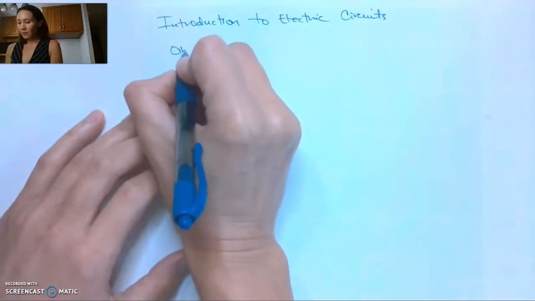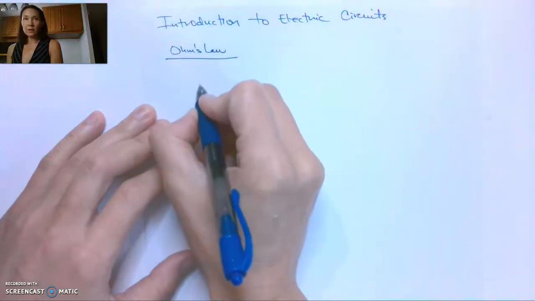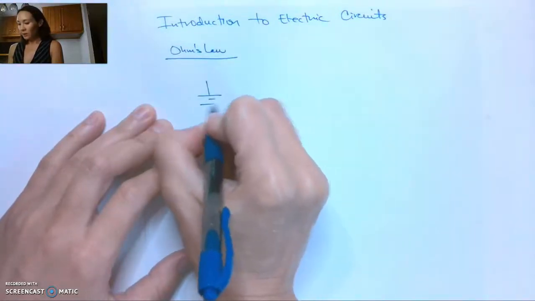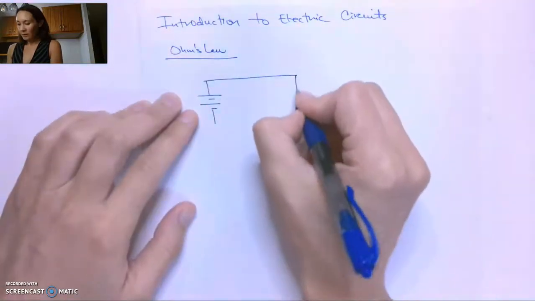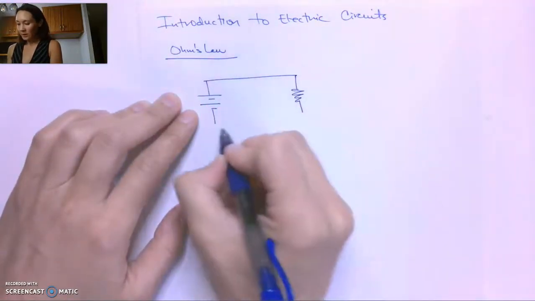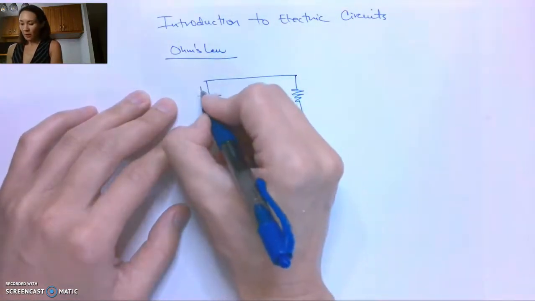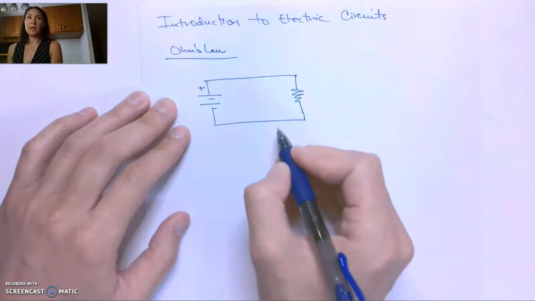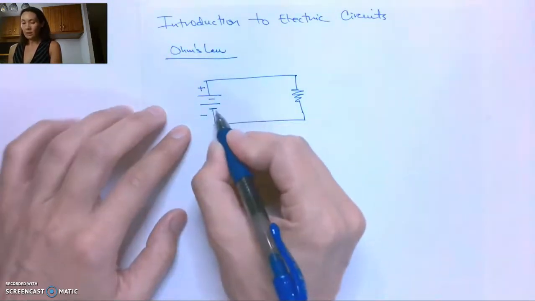Let's talk about Ohm's Law. So consider our basic resistive circuit from last time. We just had one DC voltage source that we connected to one resistor. So remember, this longer bar corresponds to the positive side of the DC voltage source, and the shorter line corresponds